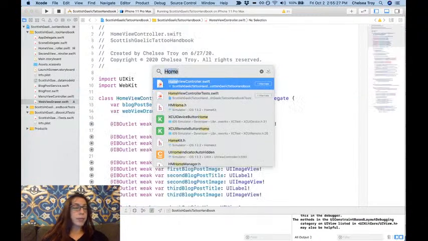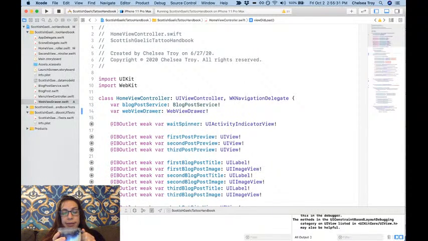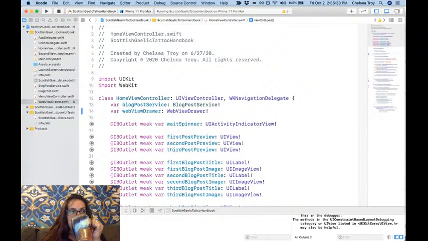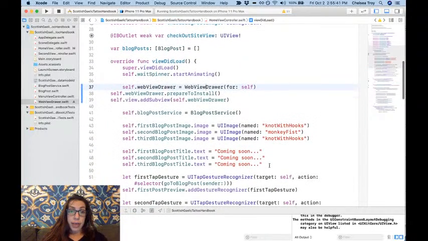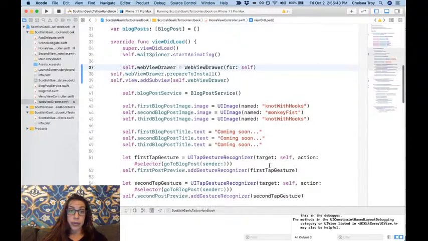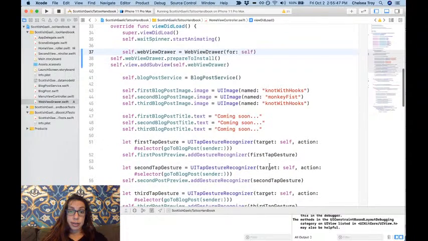All right, HomeViewController. Let's see what we got. Oh, this is hot. Don't just pick up a mug of hot tea like you don't have thumbs. Use the handle like an adult human, not like me. All right,